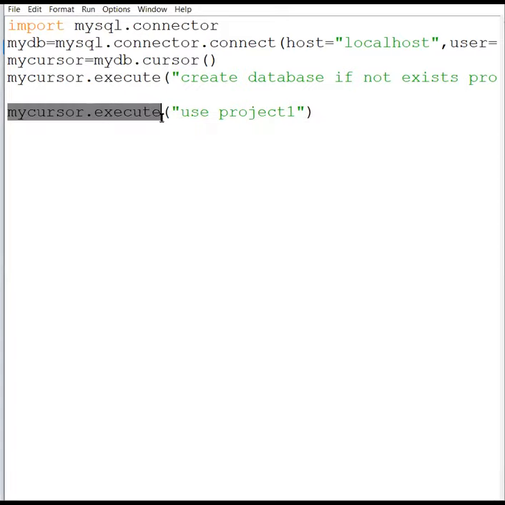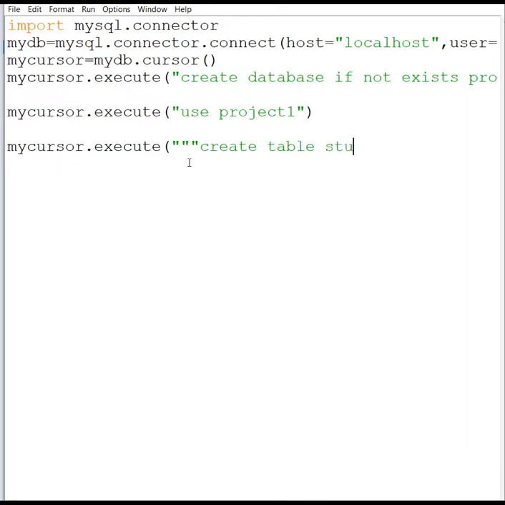Okay, so mycursor.execute, same command, Control V, then over here, see, you can write triple quotes. It is your choice: if you are writing a multiple line statement, you can write it in triple quotes also. So I am writing here the same create command, create table. Suppose I am creating STU. Then within this, I just want to give some values.